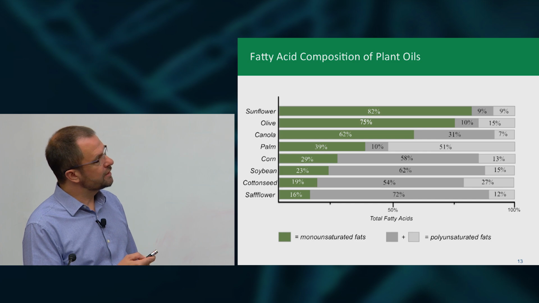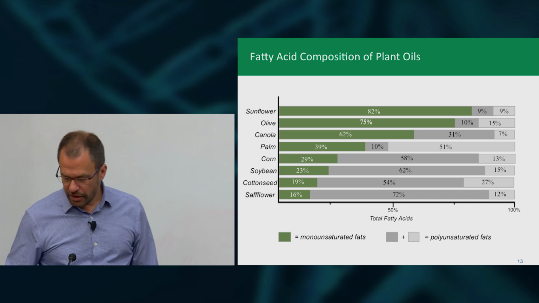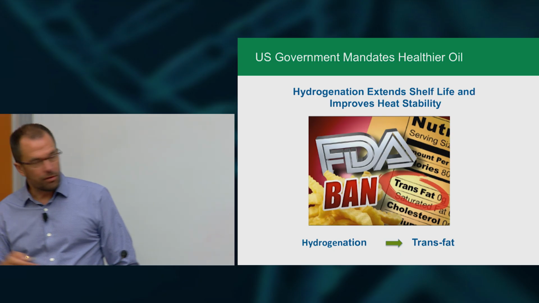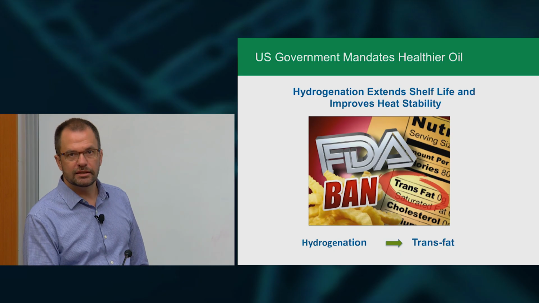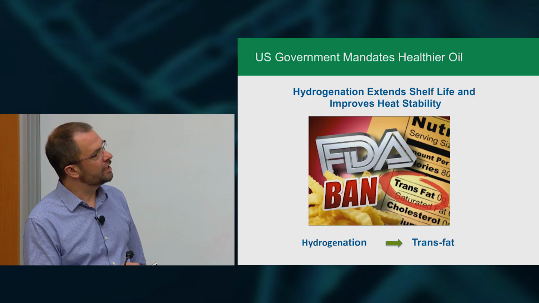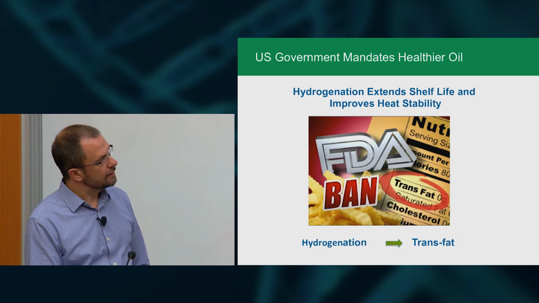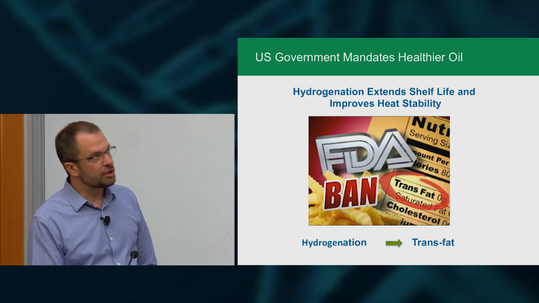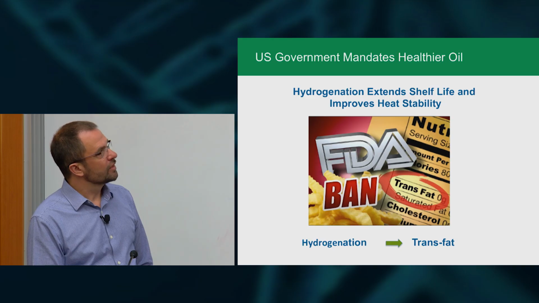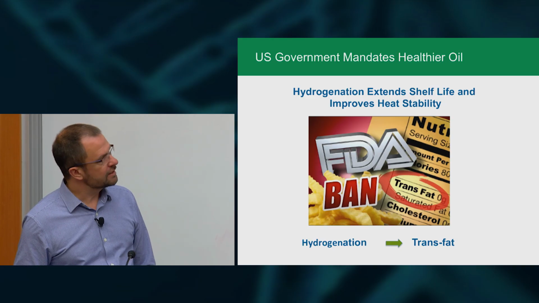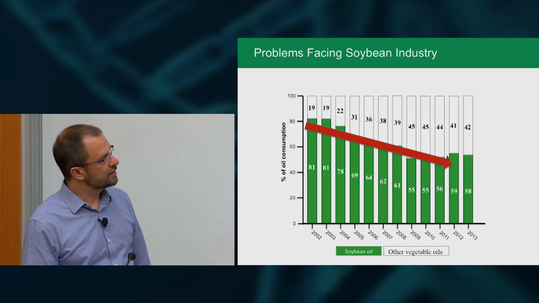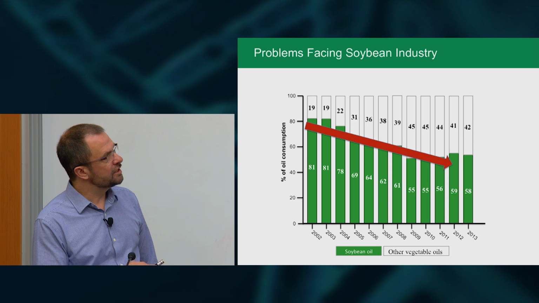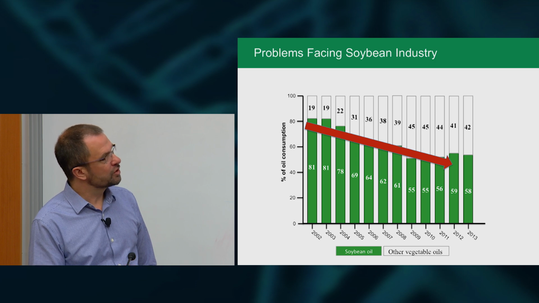But when you chemically treat soybean oil to increase the fraction of monounsaturated fats, a byproduct of this hydrogenation process is the production of trans fatty acids. And these are unhealthy, and the Food and Drug Administration has said that by 2018 there can be no trans fats in the human diet in the United States. And so for oils like soybean, this ruling and the anticipation of this ruling has resulted, starting over a decade ago, in a decrease in the demand for soybean oil.